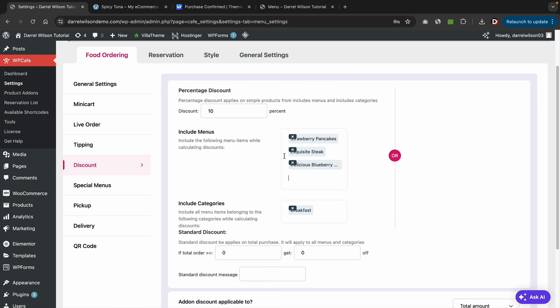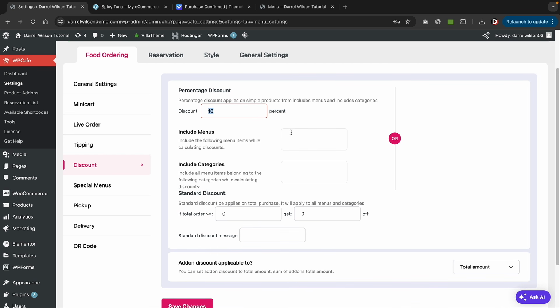So you can go this route if you choose to do so. Now, there's another way to add discounts as well. So I'll close all these. So you're gonna see this says or, right? So you can offer percentage discounts per menu item or category, or you can say, if you spend a specific amount of money, we'll also give you a discount. So if the order total is $100, they will get $10 off. And then here I'll put $10 discounts